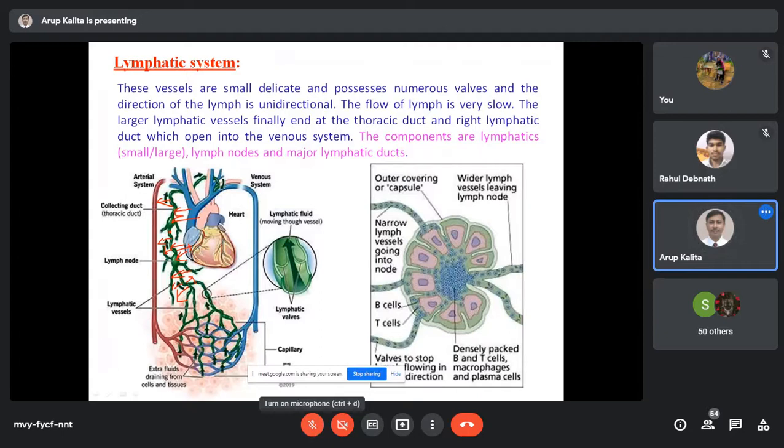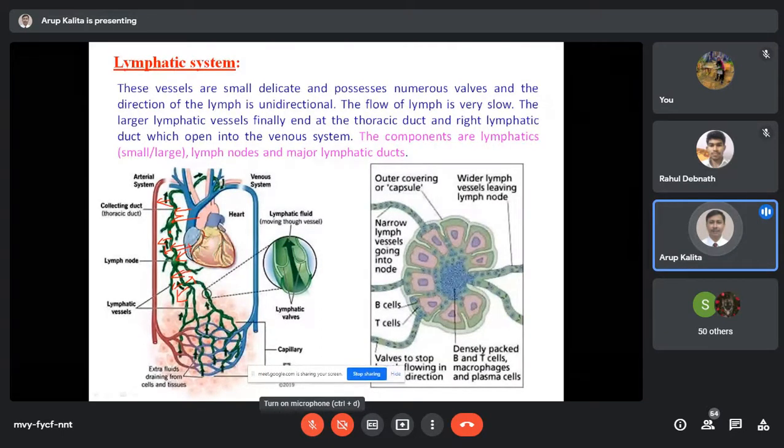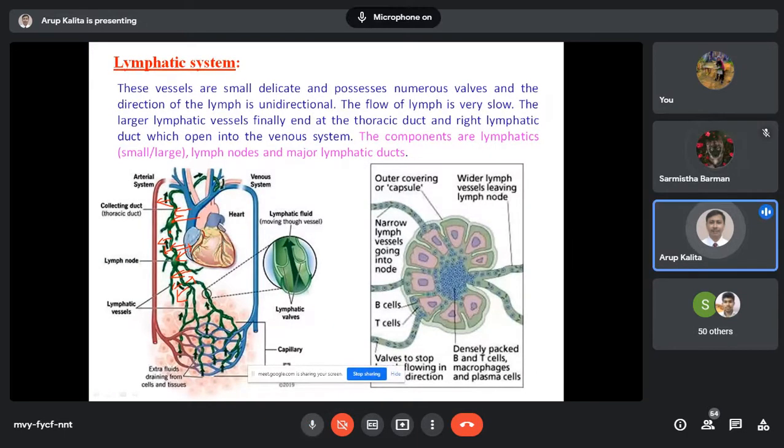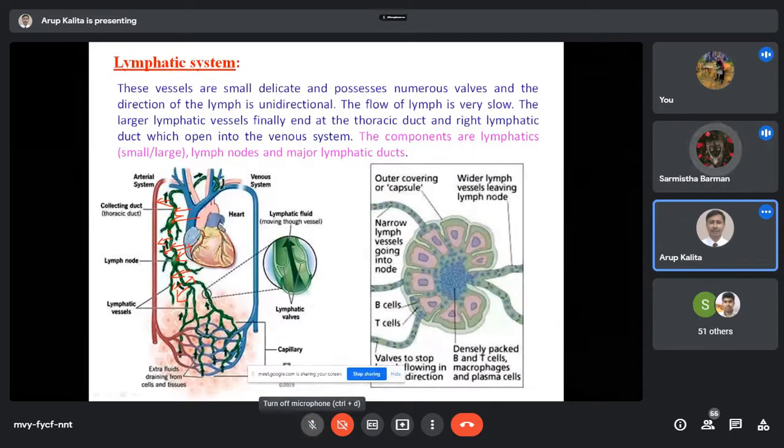You see, understand, this is the capillary, the tissue capillaries. Okay, say yes or no, then I will go on. Okay, so this is tissue capillaries. Say yes or no. Okay. Yes, sir. Then what will happen?